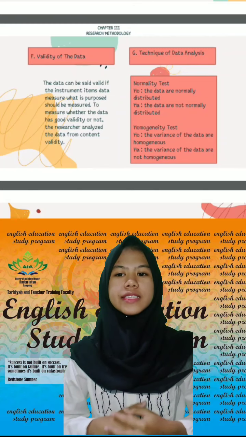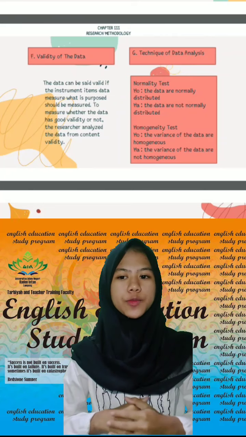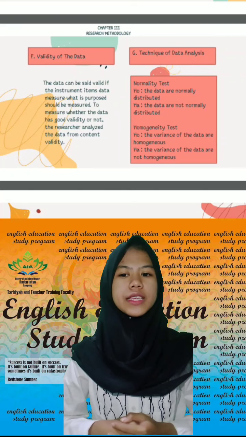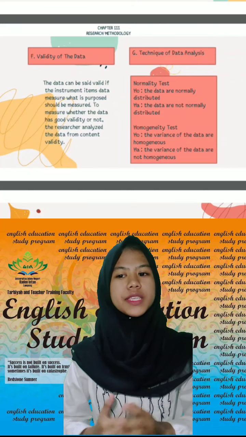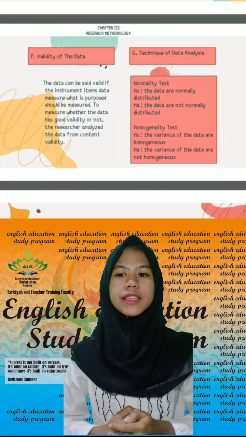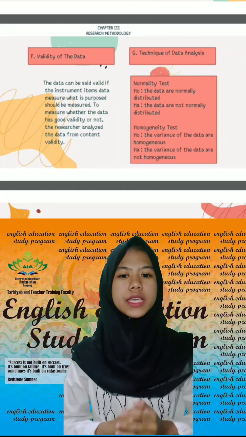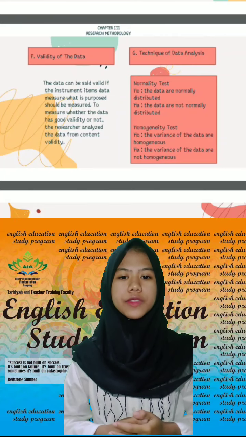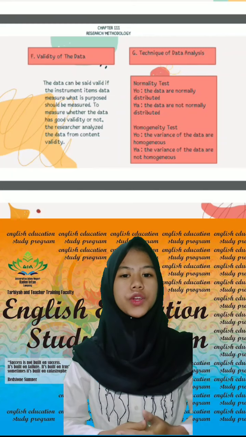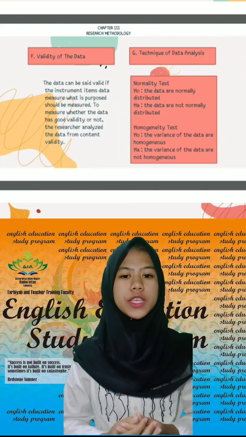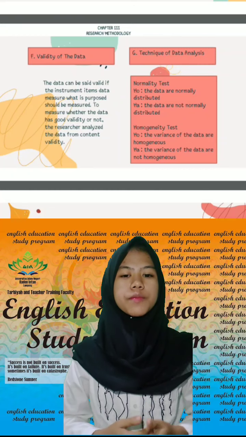So, the statistical formula that we will use in experimental research is the t-test, because in this research, the variables consist of 2 variables. Besides, the purpose of the t-test itself is to compare 2 samples that have the same characteristics but get different treatment. So the conclusion of this research is that the researcher wants to know the effectiveness of using the Storybird application towards students' ability in writing narrative text, because from the